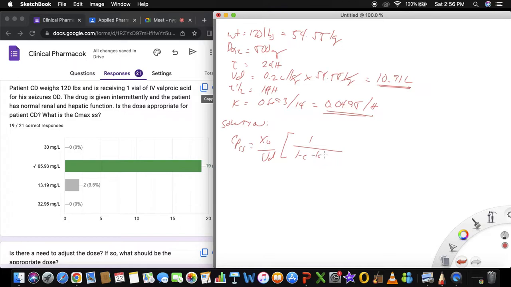over 1 minus E negative K tau. Dose is 500 milligrams. VD is 10.91 liter times 1 over 1 minus E negative 0.0495 times 24. Alright. Okay, 500 divided by 10.91. That's 45.83